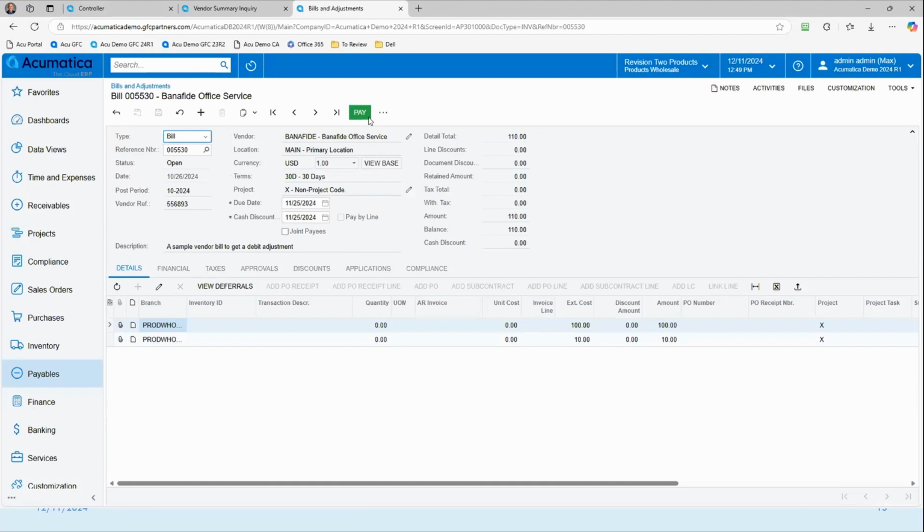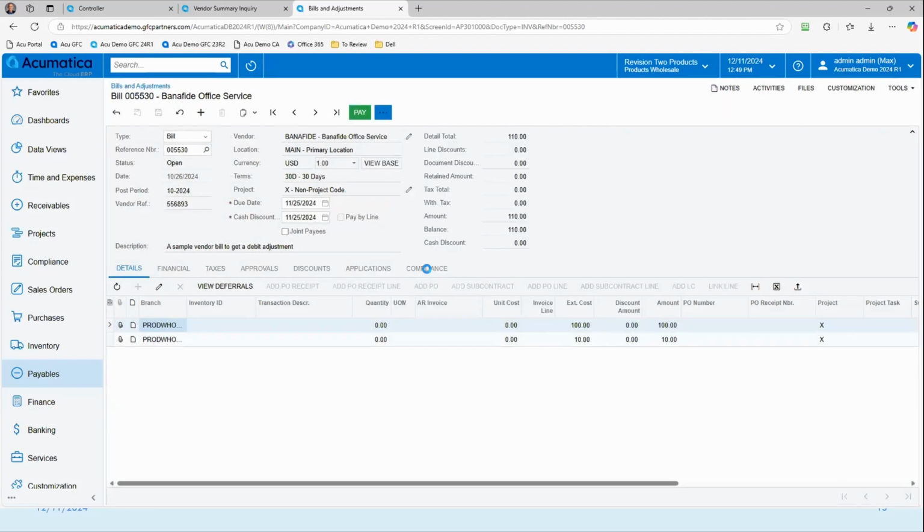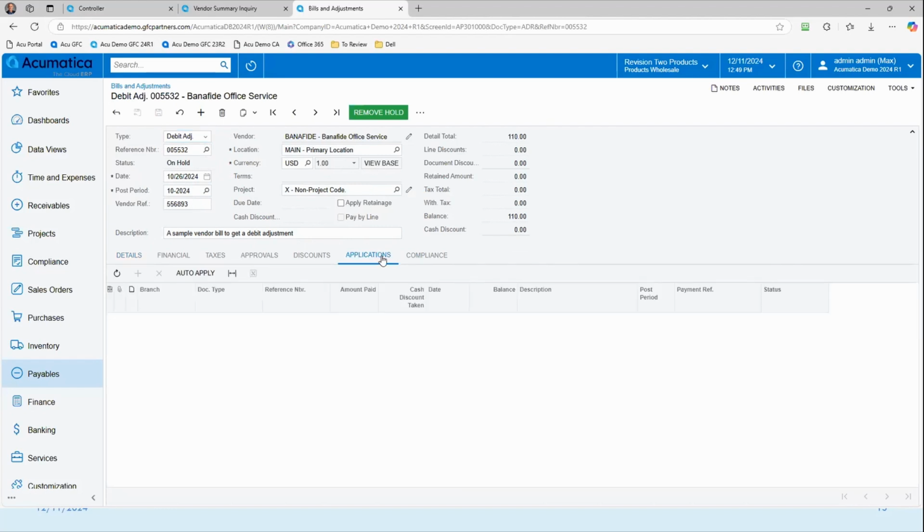And I can choose to basically reverse that. I want to have it set up a debit adjustment. And I can match it with this. It's going to reverse this entire total. I can save that. I can look at the application side and remove the hold. And I can actually release this and have it auto-applied and match those documents up. So I'm now